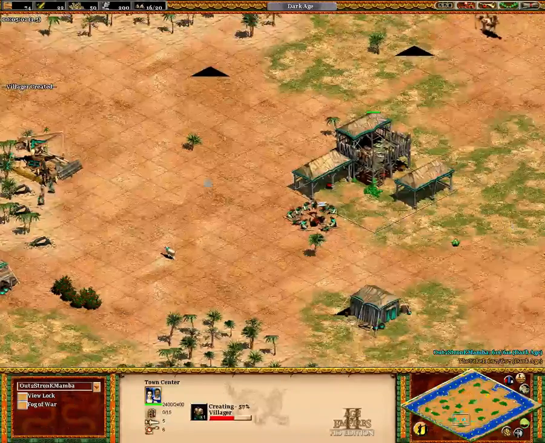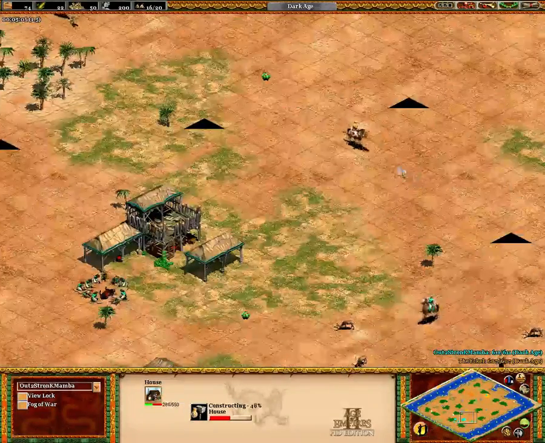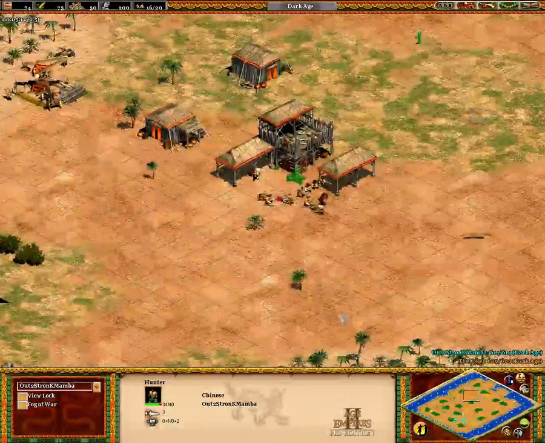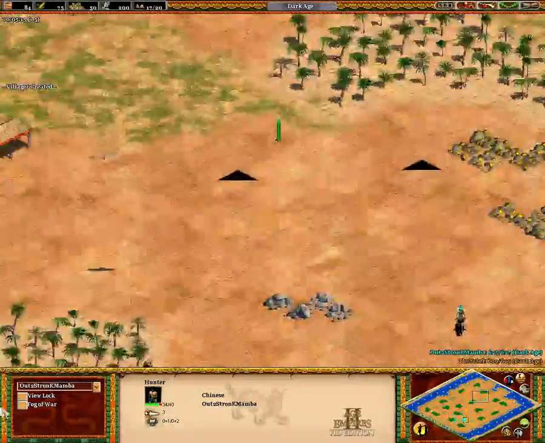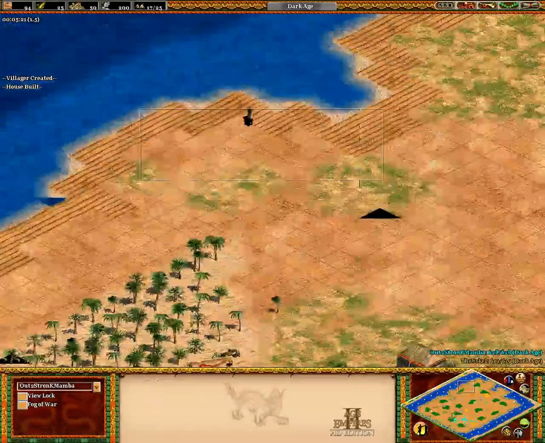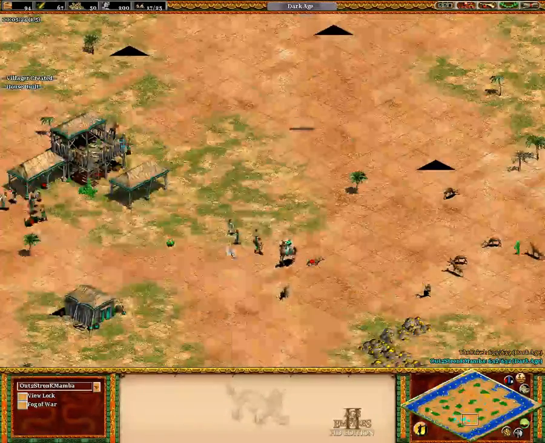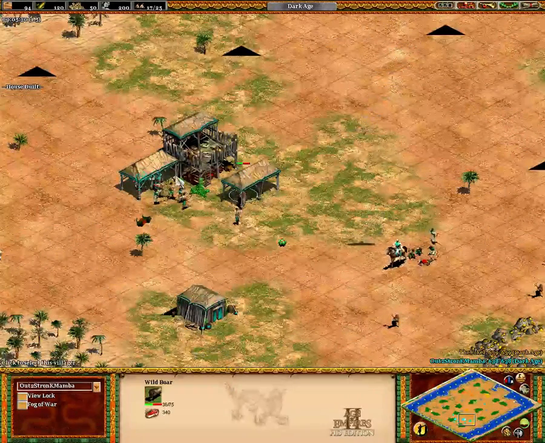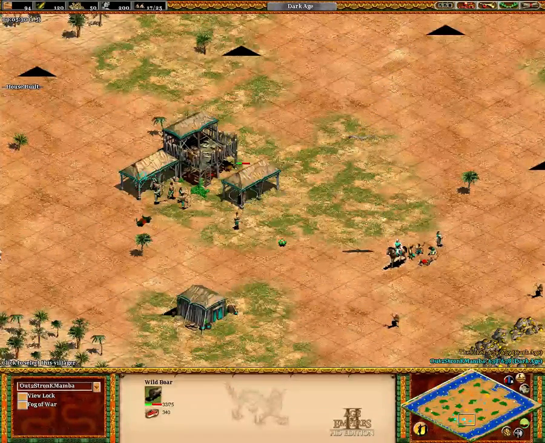This town's enough. Second boar coming in. Where was the second boar? I have forgotten where the second boar was. There it is. Seems that nobody's going for deer. Not deer, I mean, not going for docks, which is...